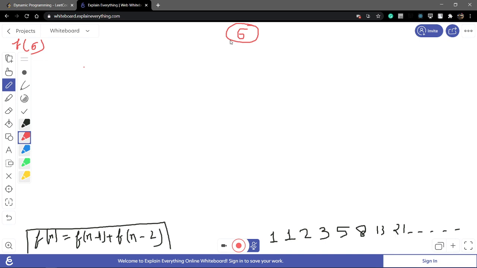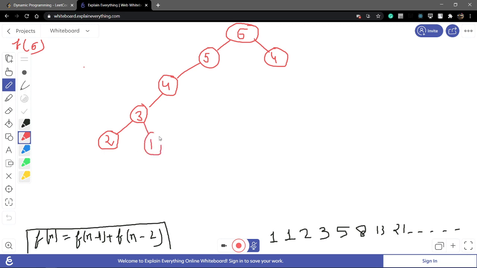So firstly we find the fifth element and the fourth element. From the fifth element we have to find the fourth element, from the fourth element the third element, and from the third element the second element. And we know that the second element is 1. I have written it there. And we have to find the first element too.